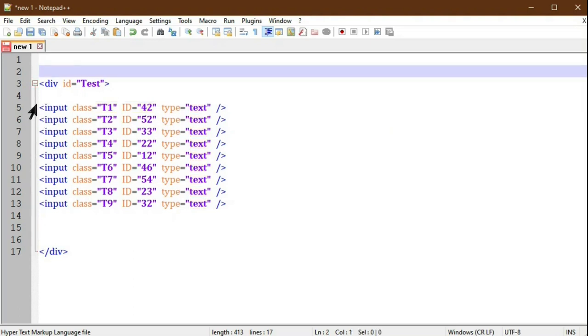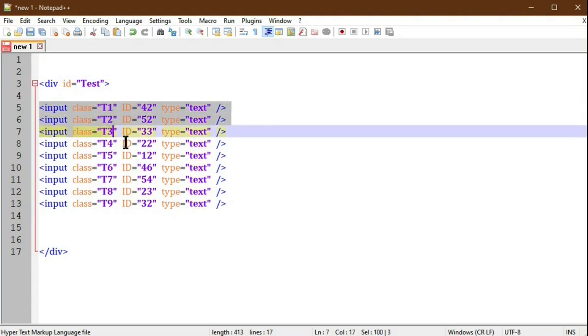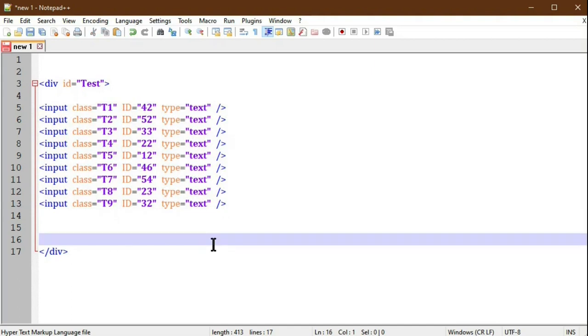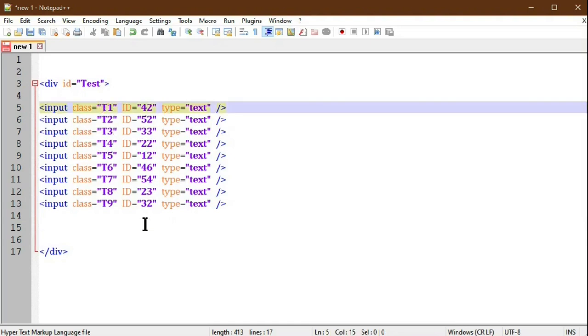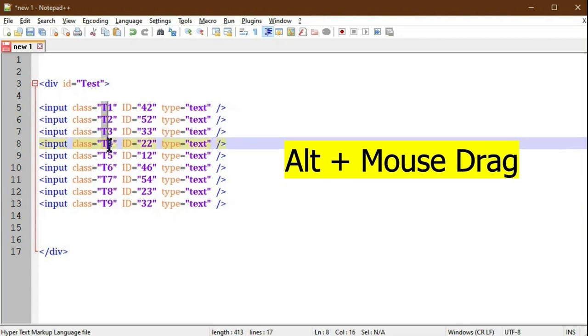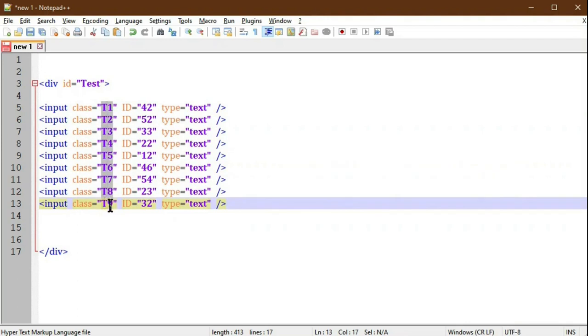Normally whenever we select any content in the page, it will select line by line and the entire line will be selected. But with the column edit mode, we can select particular columns across multiple lines. We can do this multi-line column editing with two methods. One is to first click the location where you want to select, then press the Alt key, then drag with the mouse, and it will select only the columns.